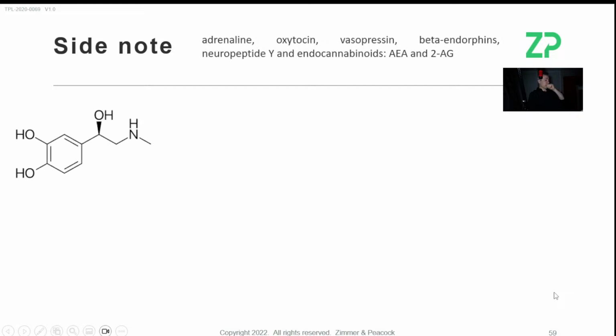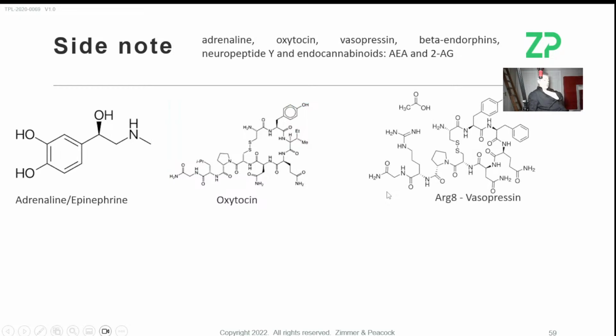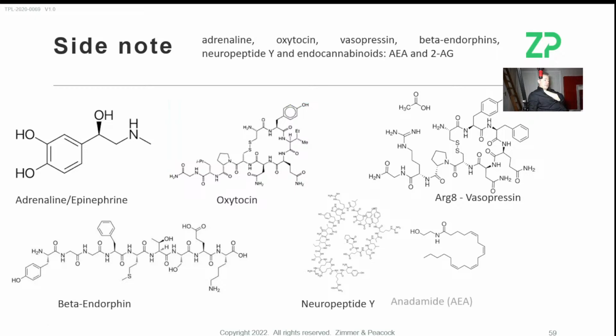I did ask them all about the other hormones. One thing I'd say about adrenaline, or epinephrine, is it is quite detectable by electrochemistry. In a complex human sample, actually I'd find it harder, but if I was just trying to detect this in a clean buffer system without many interferences, it's actually quite easy to detect. I did look at all the other ones, the oxytocin, the vasopressin, the beta endorphin, and also your neuropeptide Y, and then those endocannabinoids.